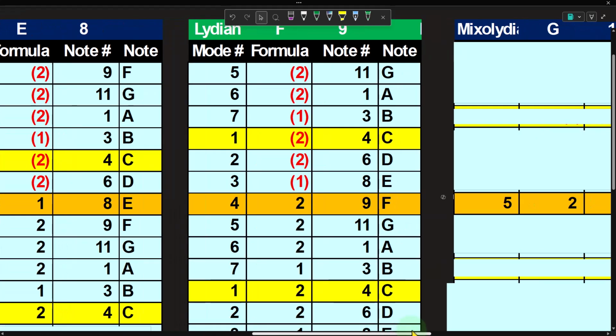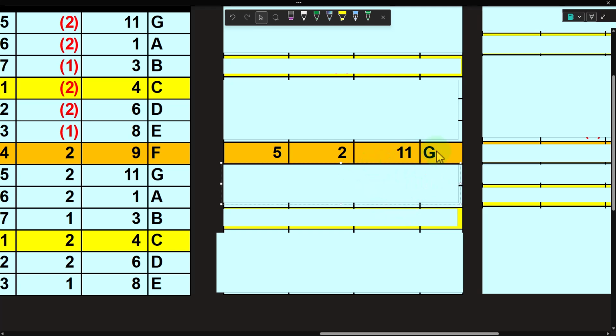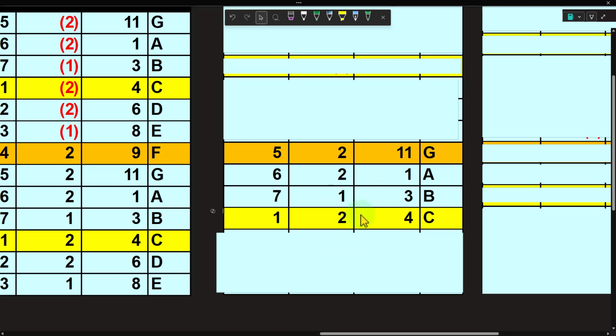So let's go back on over here and say, all right, this time I'm going to go down first, right? So now it's 11 plus 2 goes to 12, and then back to 1 for the A, because there's only 12 notes, and then 1 plus 2 gets me to 3. 3 plus 1 is going to give me to the 4. So we have a 2, 3, 4 distance. So notice from